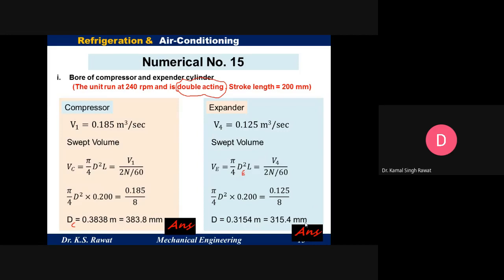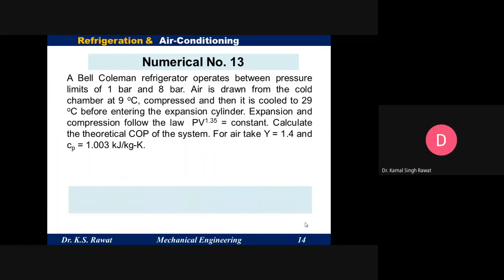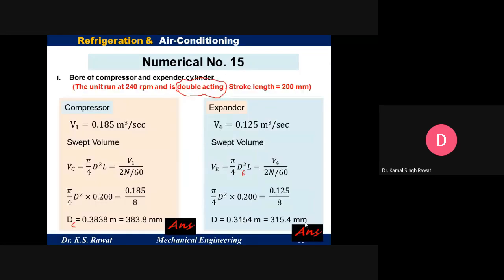जो approach आपको पता ही है वो approach follow कीजिए और Bell-Coleman cycle का question कभी भी गलत नहीं होगा. In case calculation में कहीं पे गलती होती है, वैल्यू गलत आती है, तो भी अगर आप प्रोसीजर पूरा फॉलो कर रहे हैं आपको मार्क्स मिलेंगे. Okay. So any problem in this numerical?